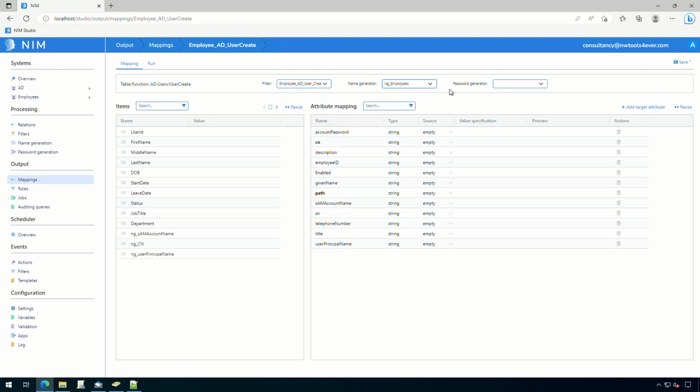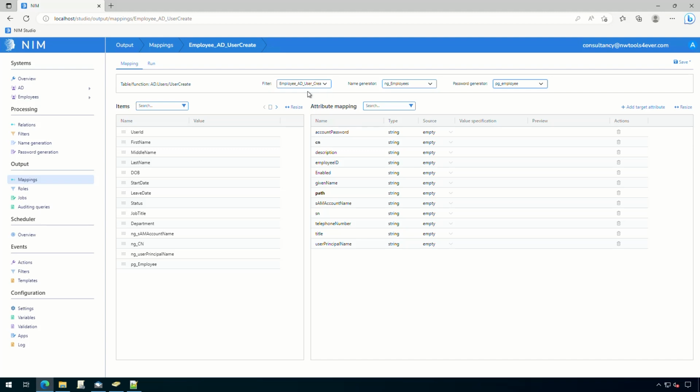We also are going to want a name generator, right? So we're able to select that name gen that we have. And again, you'll see that this has now populated those additional 3 columns, and then our password gen as well. So we'll select that, and we see our password gen here added to the list. So we've combined these 3 sets of data that we've created in the processing layer into one big data set, and now what we can do is take all of these different columns and we can bind them to the attributes in our target system,